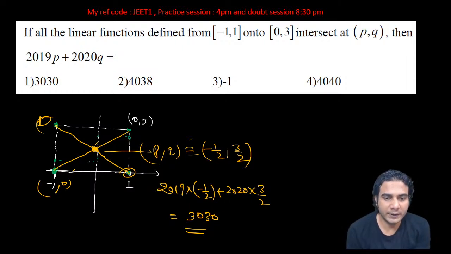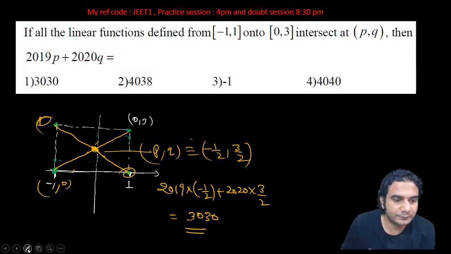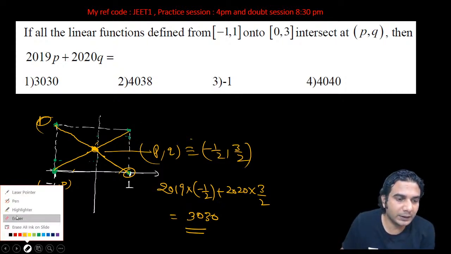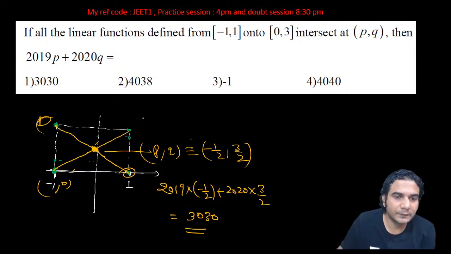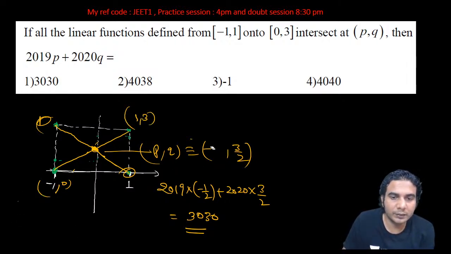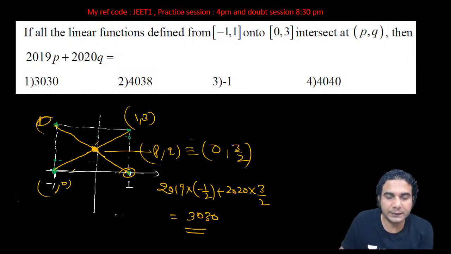Did we check the calculation? Oh, I'm sorry. P is going to be 0. I made one error. There's one correction. This point is basically (1, 3). So this is going to be, yeah. So the answer is